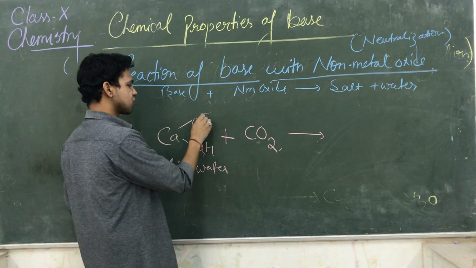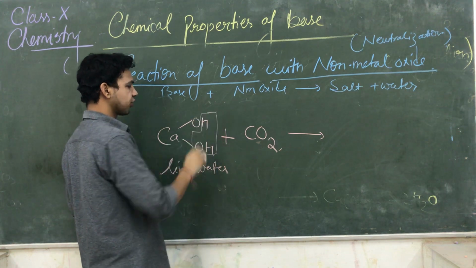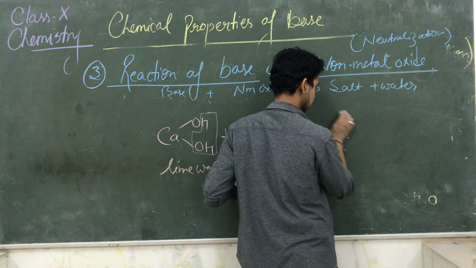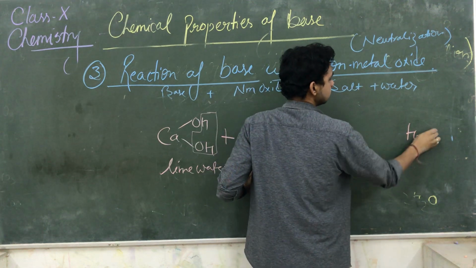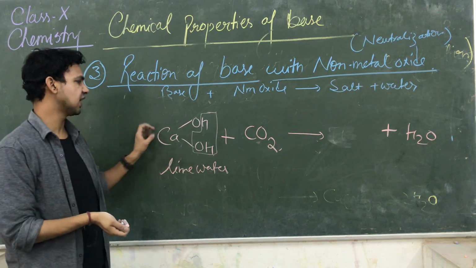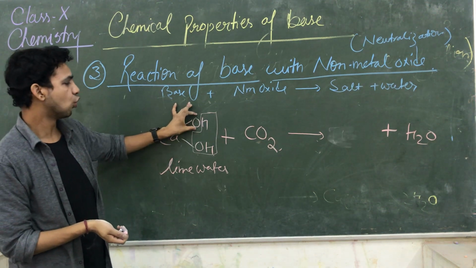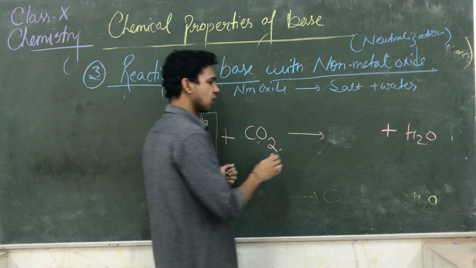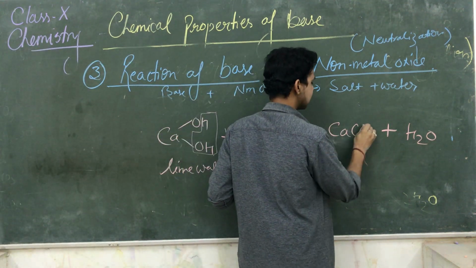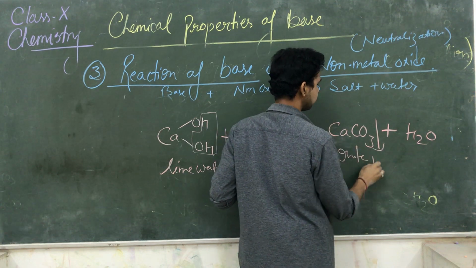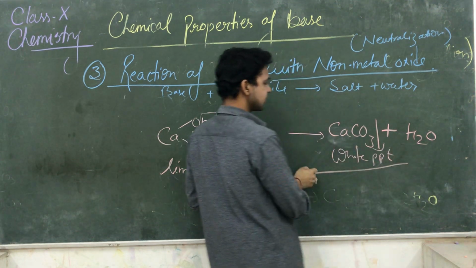So see guys, first of all remove water from here. पहले water remove कर दीजिए. H2O. अब जो बचा उसे combine करके लिखते हैं, Ca and one O is left here. O is combined with CO2, it forms CO3, and Ca is also combined with CO3, it forms CaCO3. It's a white color, white PPT or milky solution appears.